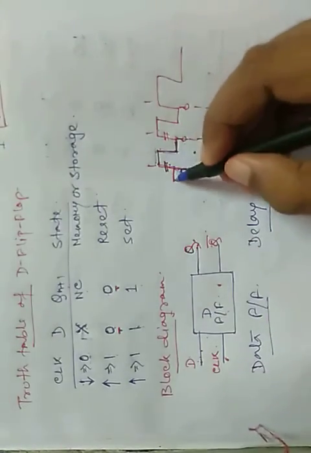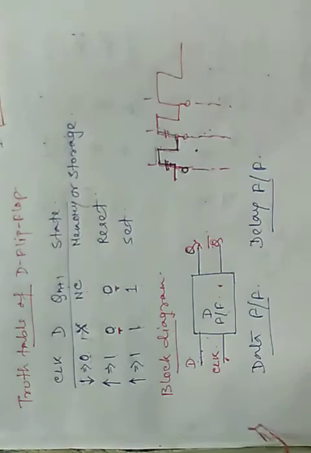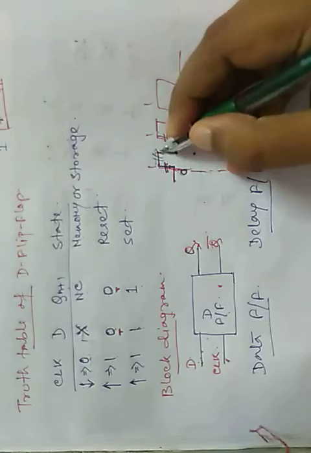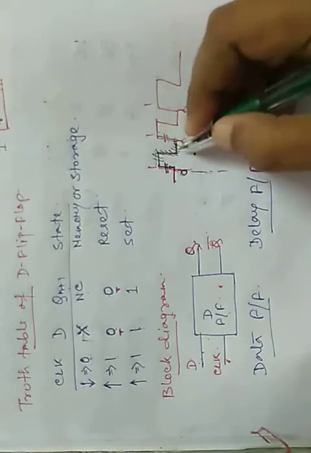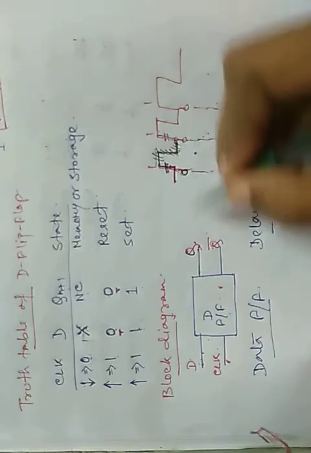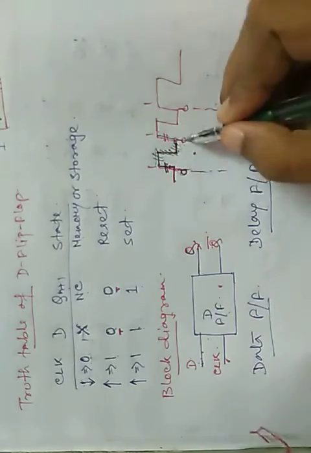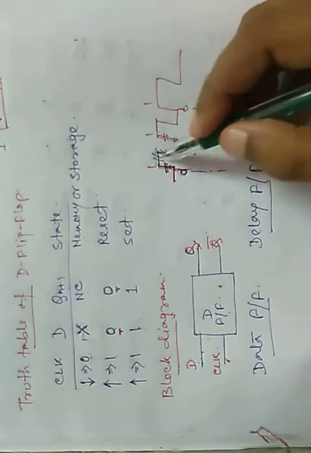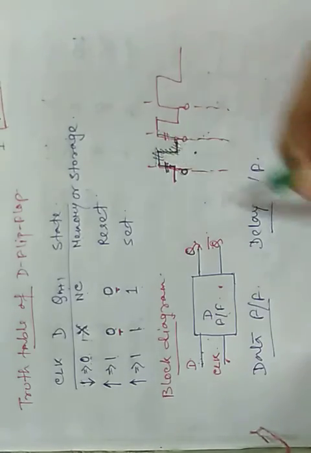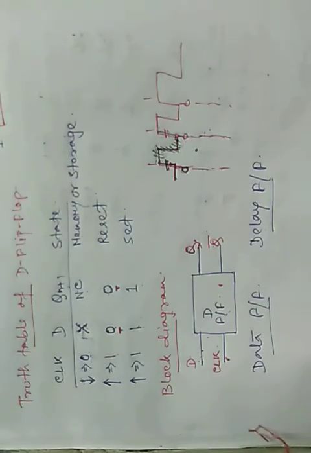After getting the first output value, for the second output value we have to wait one time period of the clock pulse. So there must be some delay in order to get the two output values from the D flip-flop. That's why the D flip-flop is known as delay flip-flop, because only at positive edge triggering we get the value. Between these states the value will not change, that is, we can't get any output value in this state of the clock pulse. So between two consecutive output values we have to wait some time. That's why it is known as delay flip-flop.